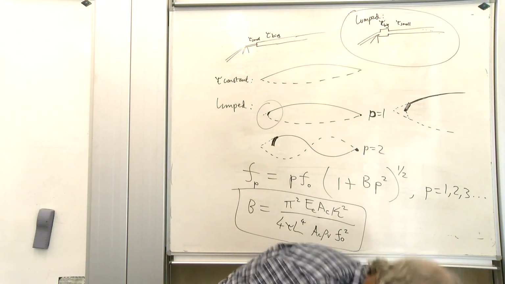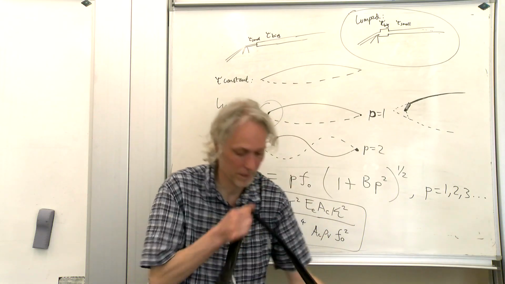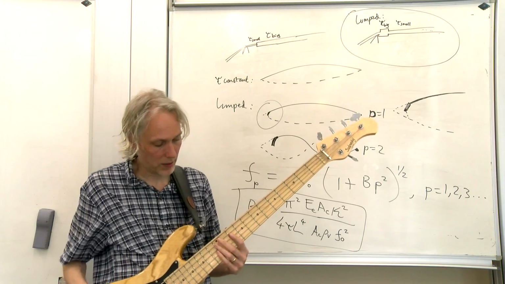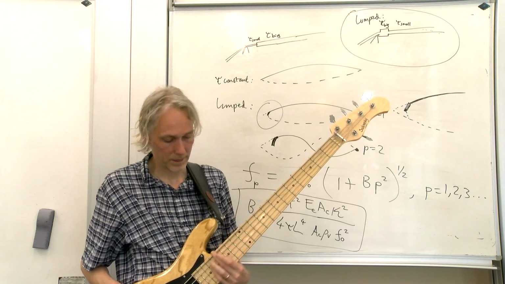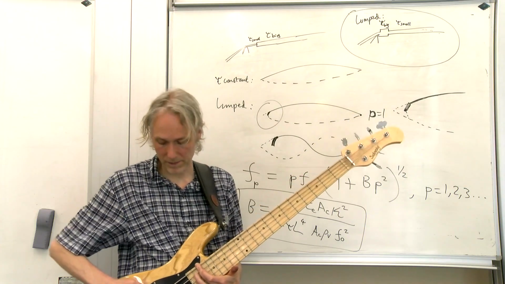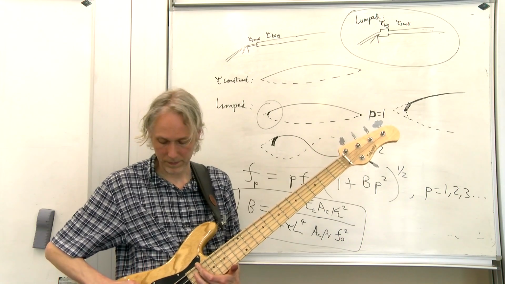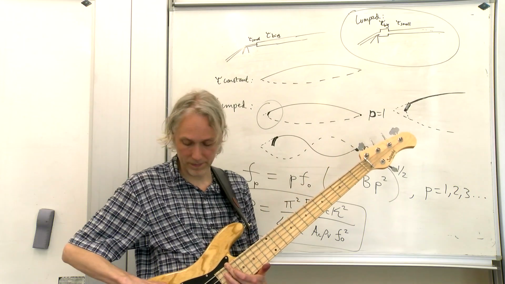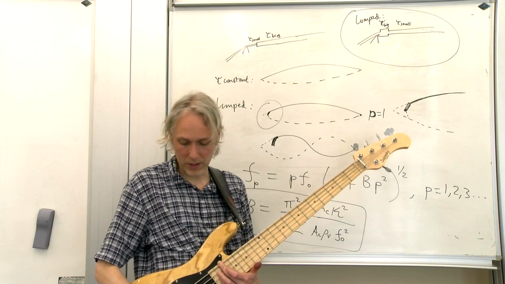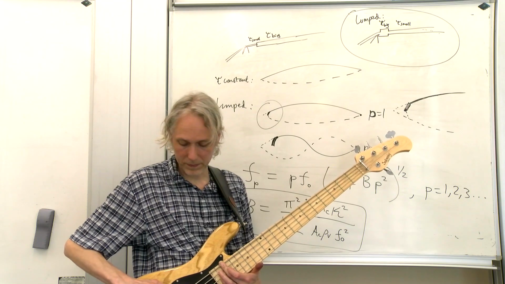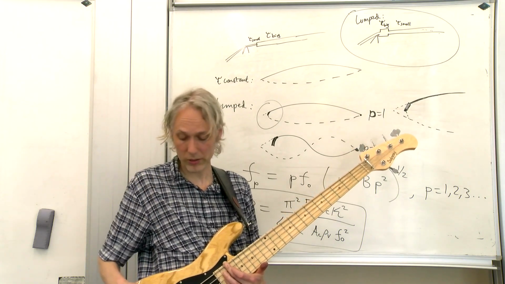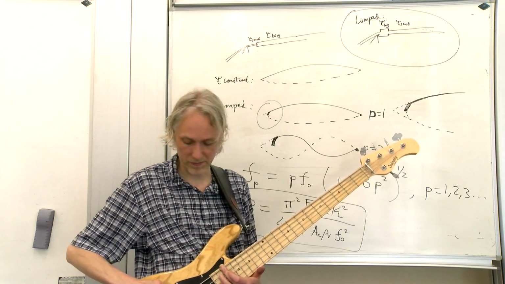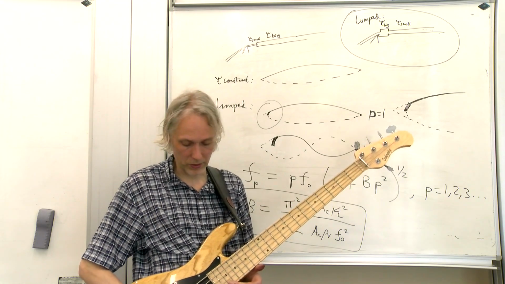So I've got the bass guitar here, and we can play a note on the low B string, and you get the p equals 2 there, which is going to be pretty much 2 times, an exact octave of the open, the unharmonicised p equals 1 mode. And that goes for all the notes.